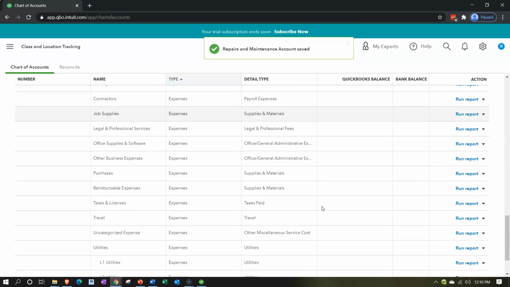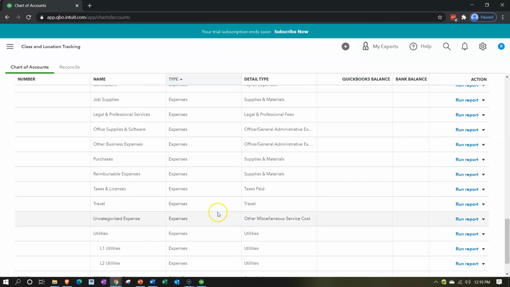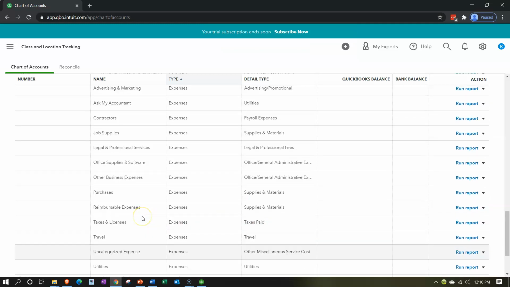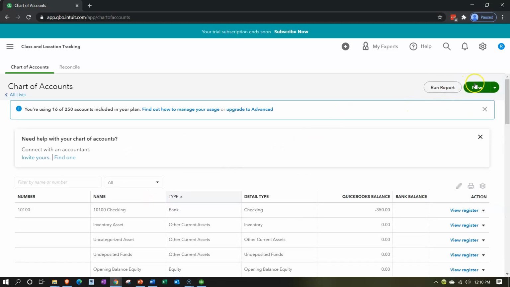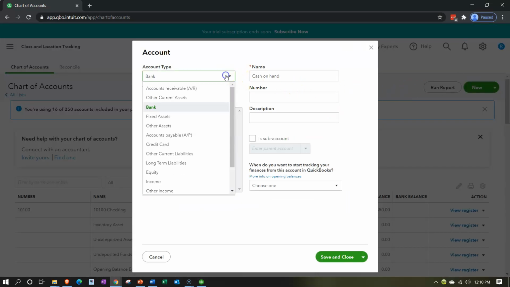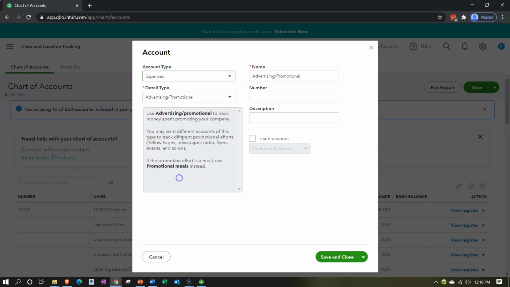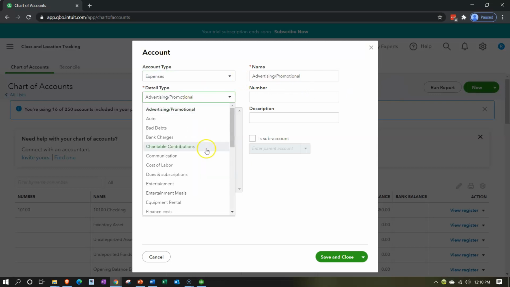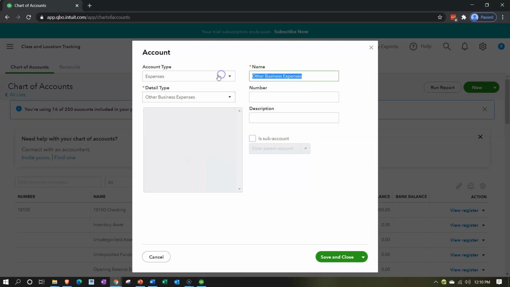We got the telephone. Let's say telephone. We don't have a telephone. They didn't give us a telephone. You're supposed to put that in utility. No, we need a separate account for the telephone. Telephone is going to be an expense type of account. We'll say other here, other, and we'll just call it